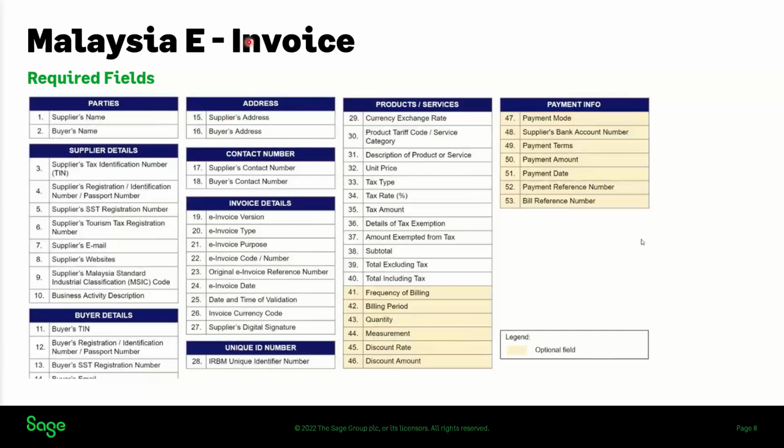When you generate your e-invoice, before you submit to LHDN, the system will pick up the information from these fields in your company database and display it, so that you don't have to key in separate information.